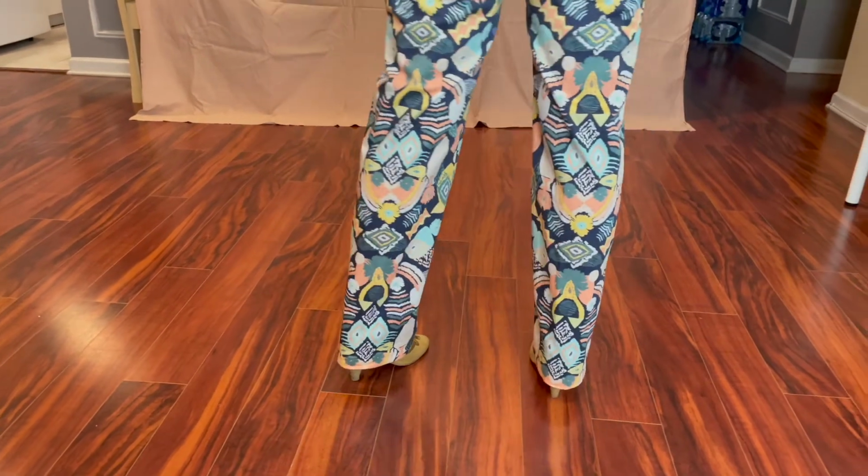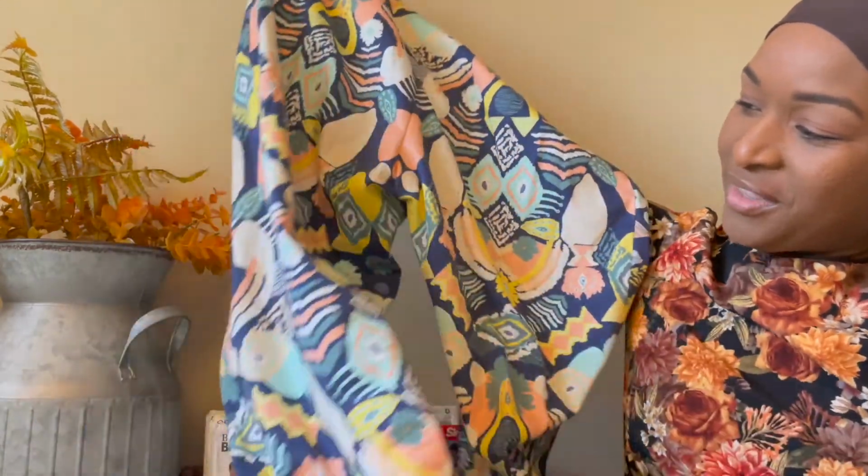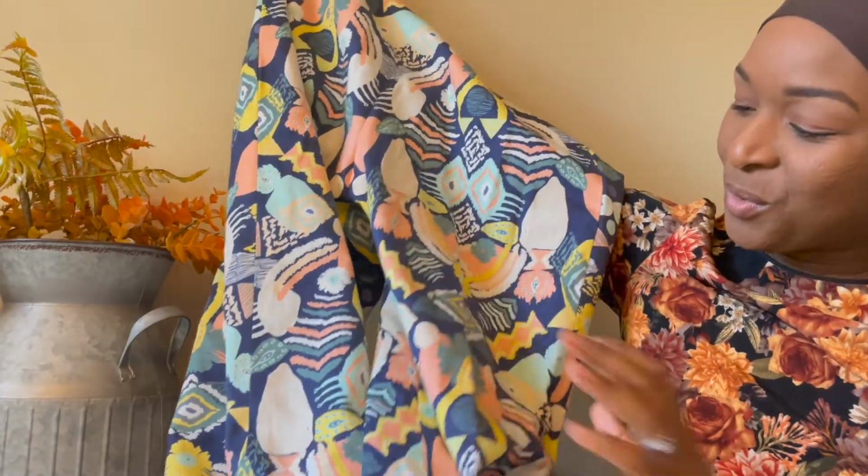In this one, I pattern matched so much because it is a very distinct pattern, and I thought that was important to do so you can see where these things line up. And I'm just so proud of how it turned out all together. It looks really good on. This blue